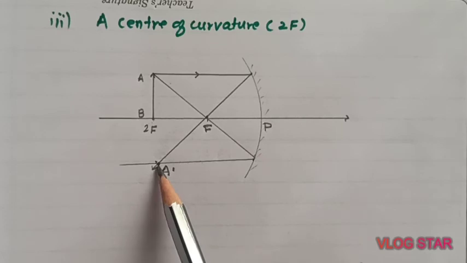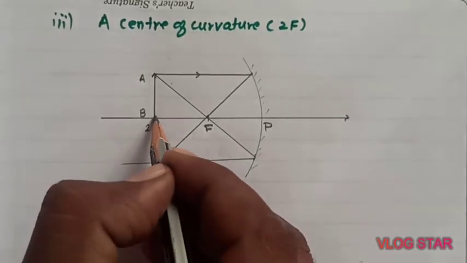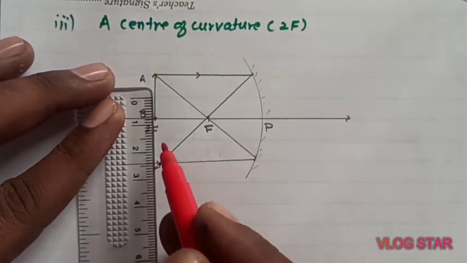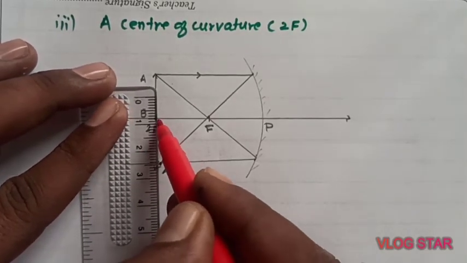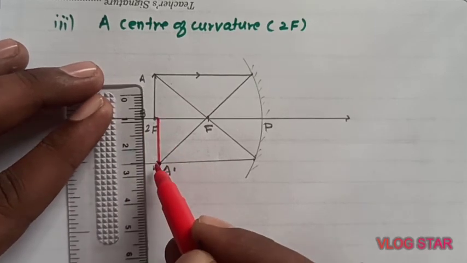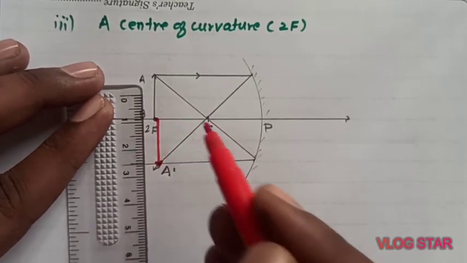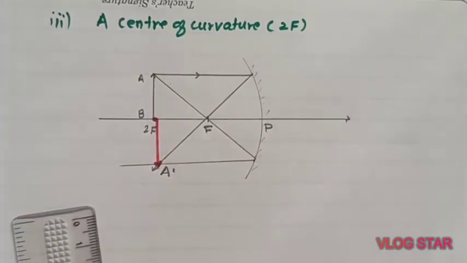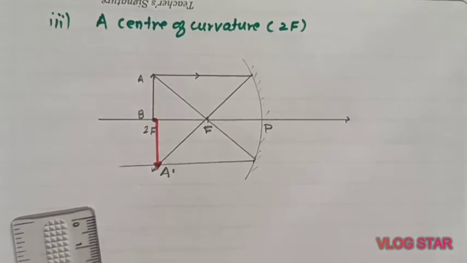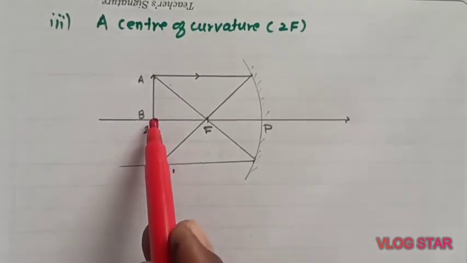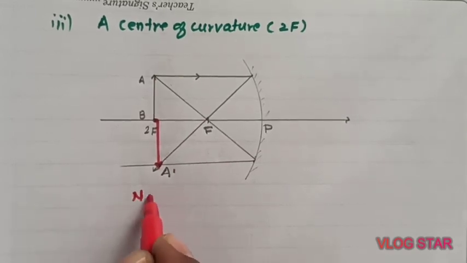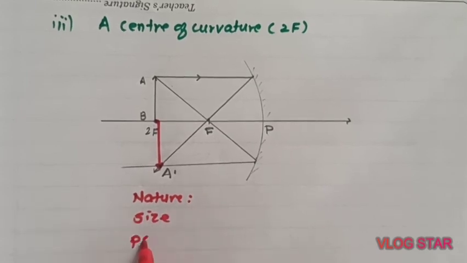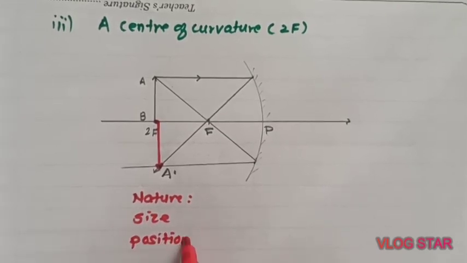So that point came exactly below the center of curvature, which means now I can use the sketch pen because this is the last step. So little error still had happened, isn't it? It should come exactly below. So more accuracy, more exactness in the image. Still I can find here 1 mm error. Now, nature, size, and position, or nature, position, and size.